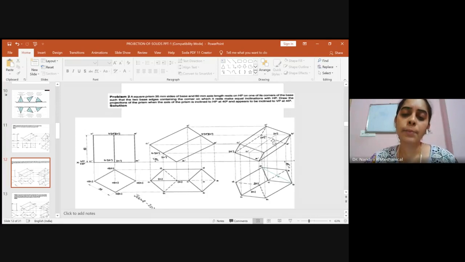Once you did the naming, here also the outer boundary will be visible. It won't be hidden. So we will join the outer boundary first. Before drawing, some concepts you have to keep in mind. C1 dash to C dash will be along the same line, and that will be parallel to the other side, B1 dash to B dash. Similarly, if you join D1 dash to D dash, this will be along the same line and it will be parallel. A1 dash to A dash also will be parallel, and the axis line you draw also will be parallel.